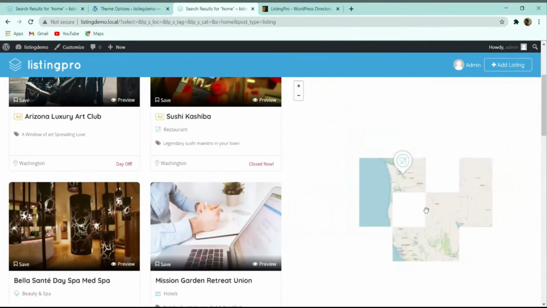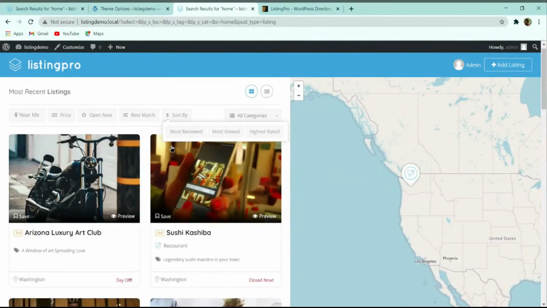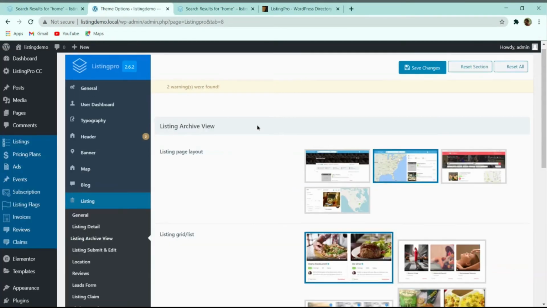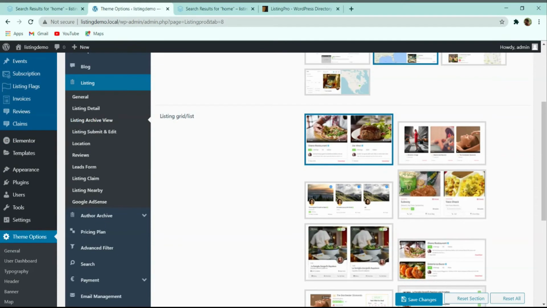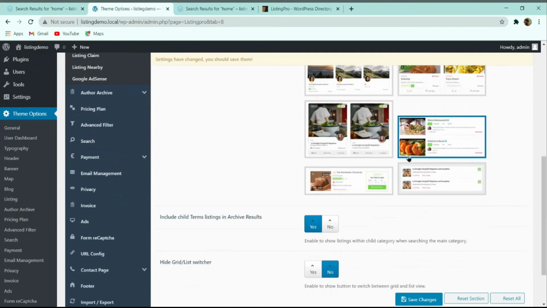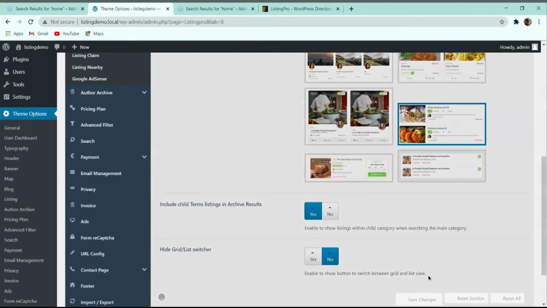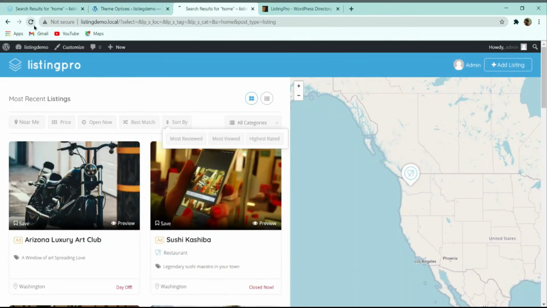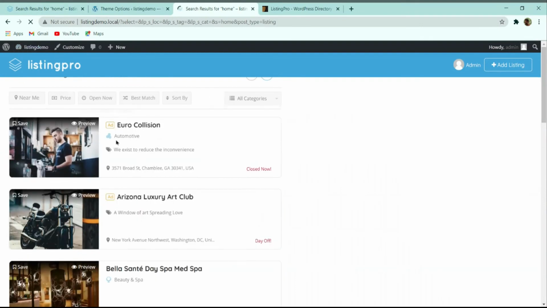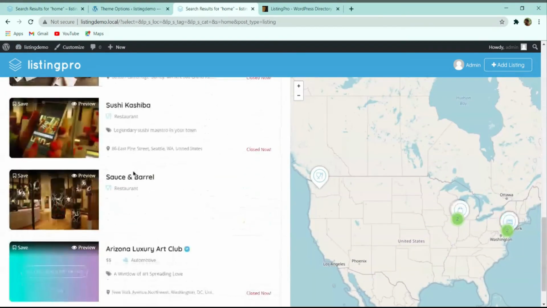So here you can see that this view is completely changed. Now after that, here you can see that listing grid. Suppose here you can see that it is in the grid view. If I want to make it in list view, here you can select this list view, and whenever you click on save changes, let me refresh it again, and here you can see that all those listings are